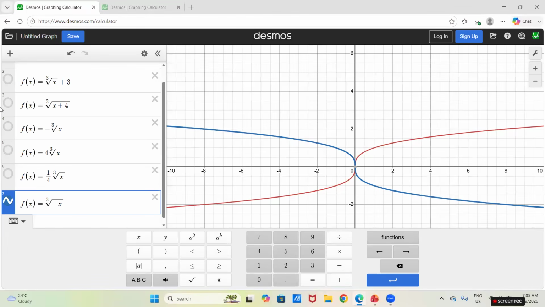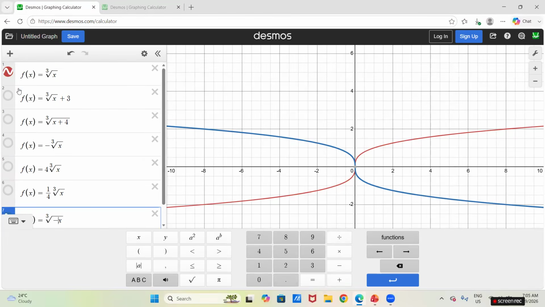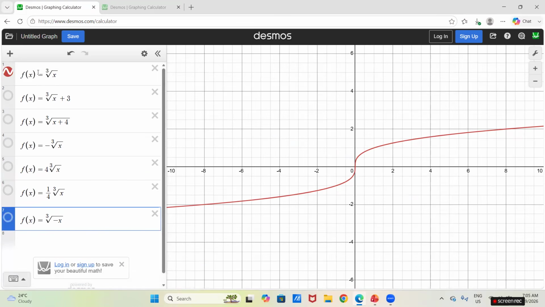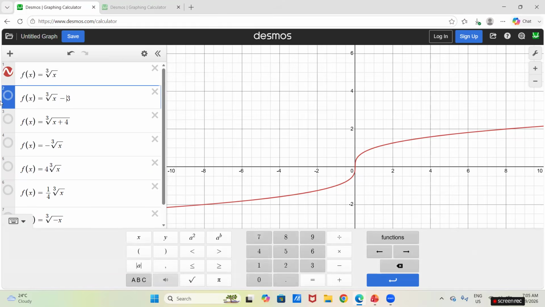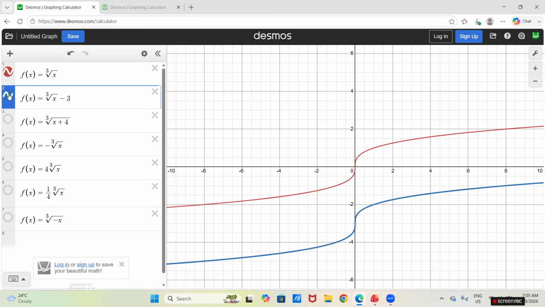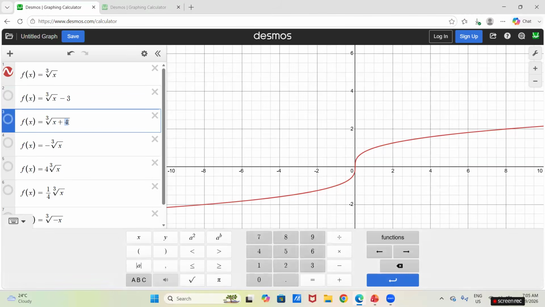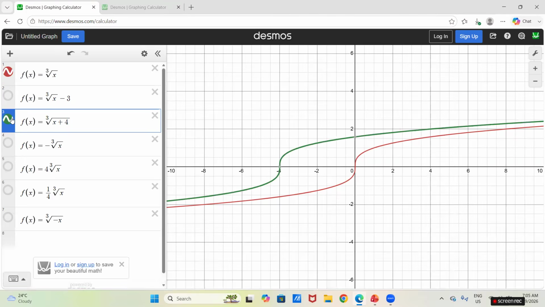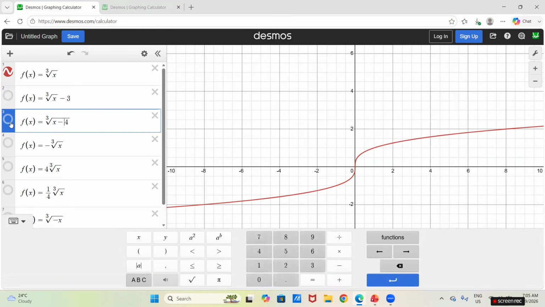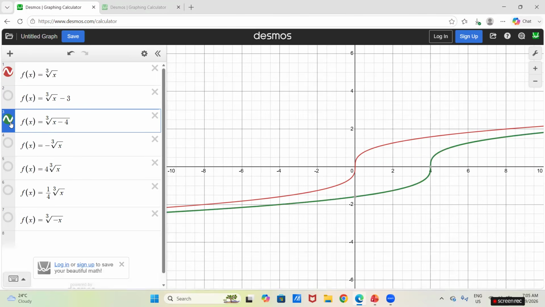sample cubic function. So look at that one. So first, let's have a positive 3. So it will move 3 units upward. So again, when I make this one negative, it will shift the graph downward. So that is what you call the vertical shift. For the horizontal shift, you add it beside x. A positive 4 would mean going to the left, right? So did you see it? A negative 1 would mean there is a horizontal shift going to the right. Okay, so that's totally the opposite.